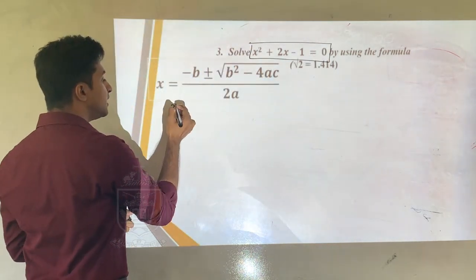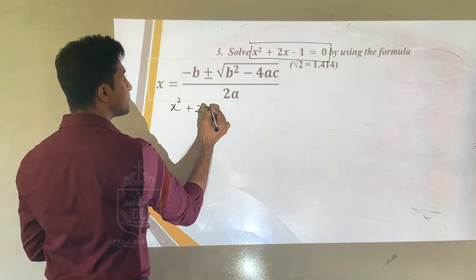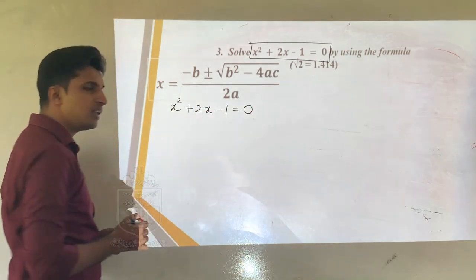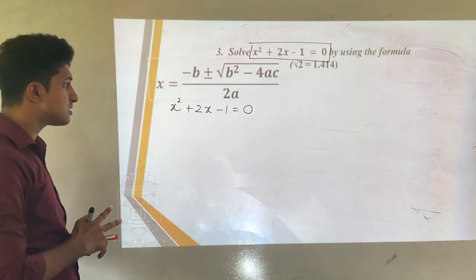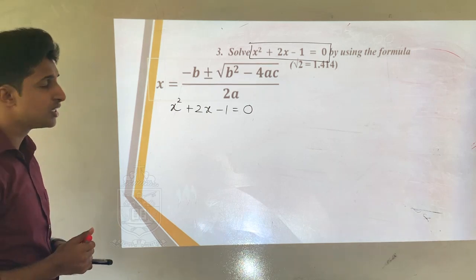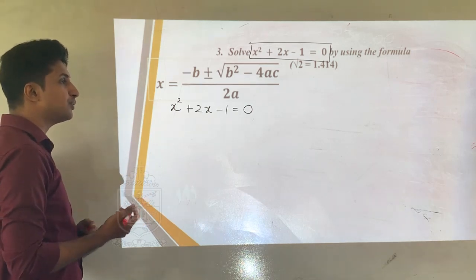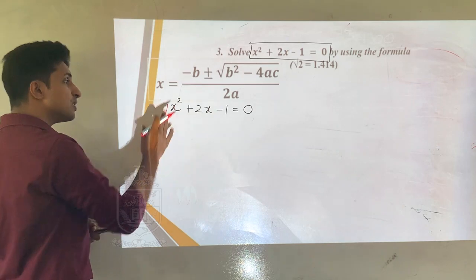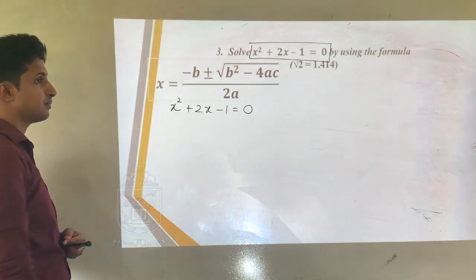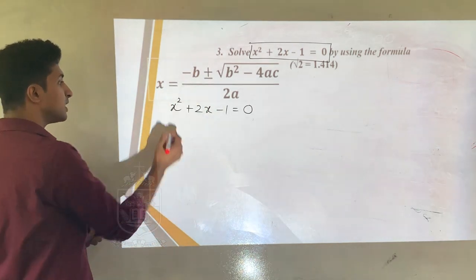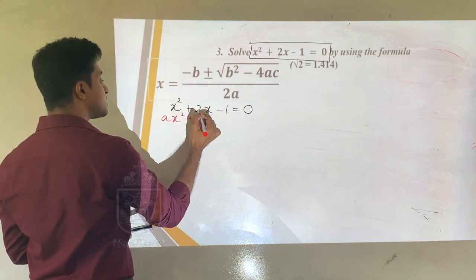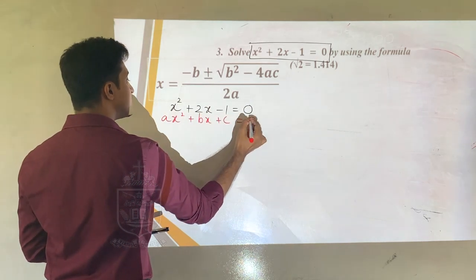So now if you look at the equation x squared plus 2x minus 1 equal to 0, you can even apply completing squares to this. Won't be a problem, big issue. But still, if you feel that you don't have to, because it is anyway 1, so you can apply completing squares also. But if the formula method is easier, just write ax squared plus bx plus c equal to 0.